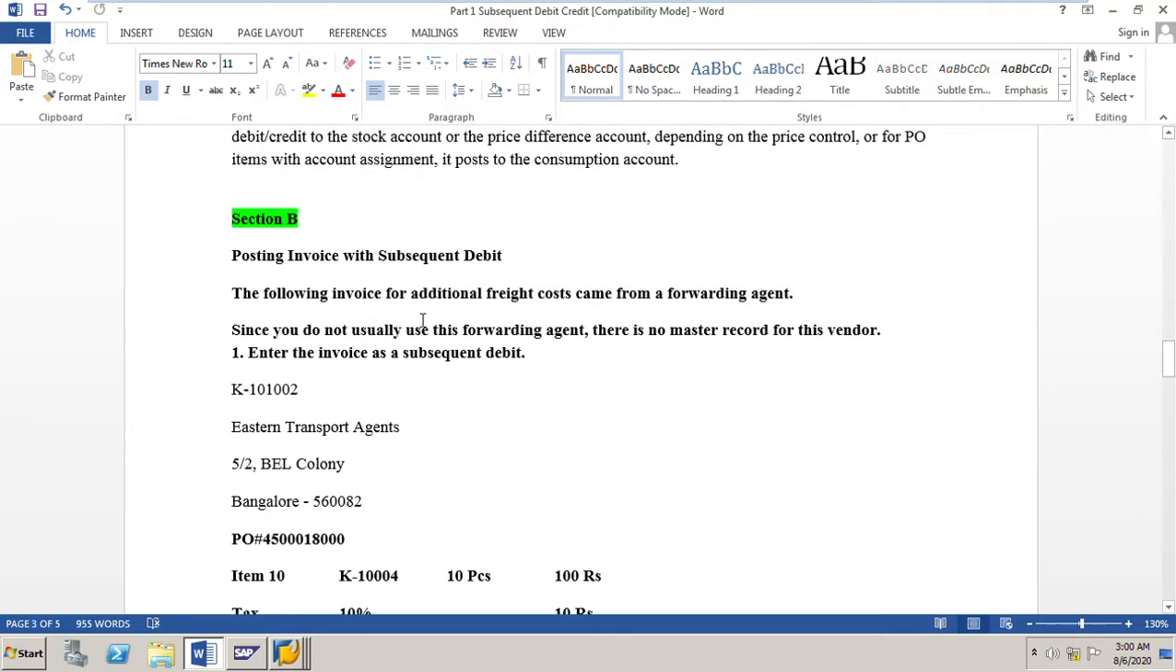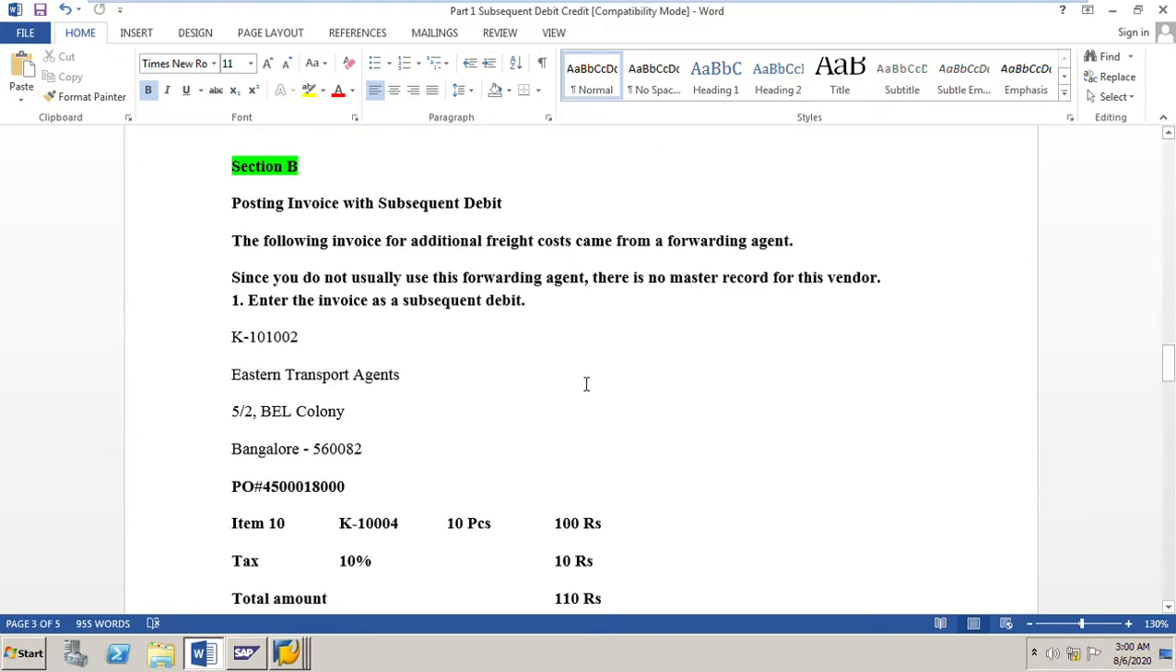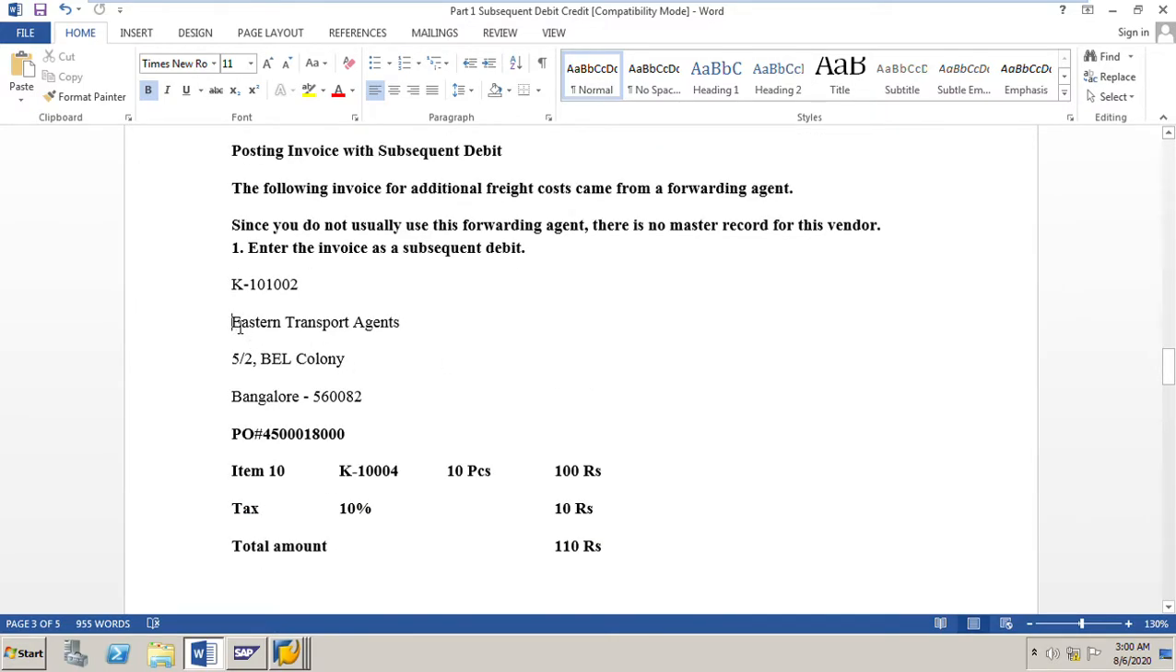The following invoice for additional freight costs came from a forwarding agent. Since you do not usually use this forwarding agent, there is no master record for this vendor. Enter the invoice as a subsequent debit. This is the invoice coming from a transport agent or forwarding agent, Eastern Transport Agents. Some address is given, BEL Colony, Bangalore City, and this is the PO number